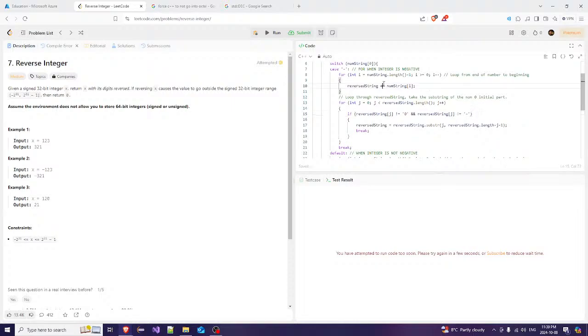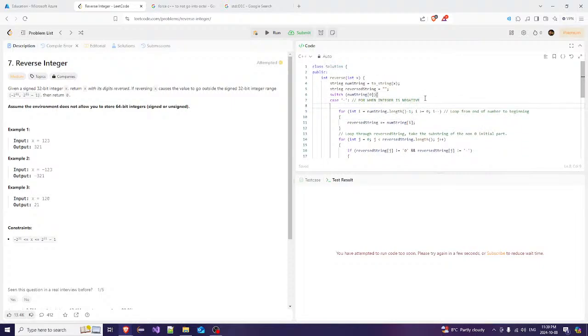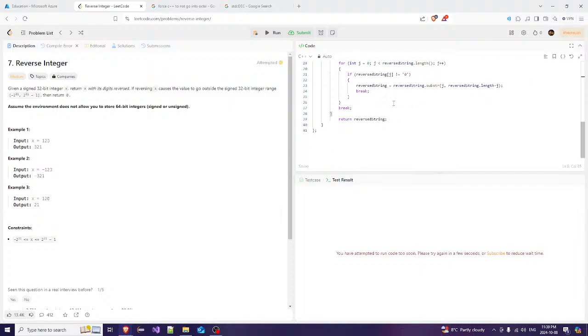Minus, and then we're going to add here, concatenating a character to a string because it's weird, and then s to I,